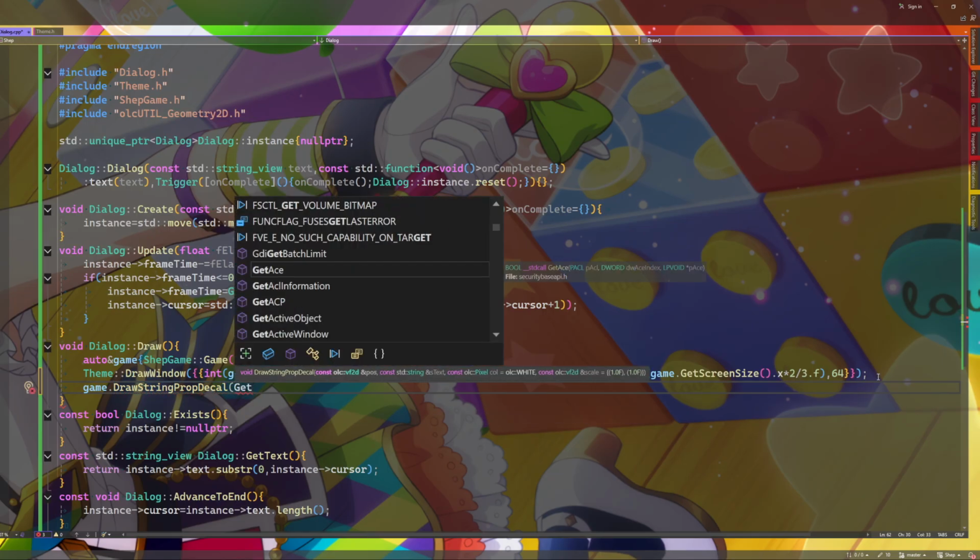Get text. Position is whatever the upper left corner is. That's this. I'm just gonna use window upper left.